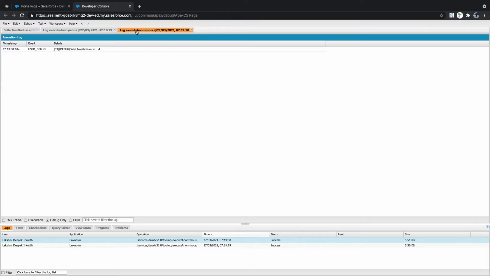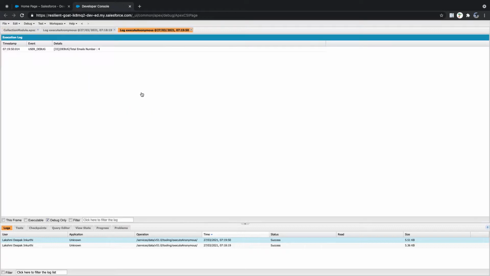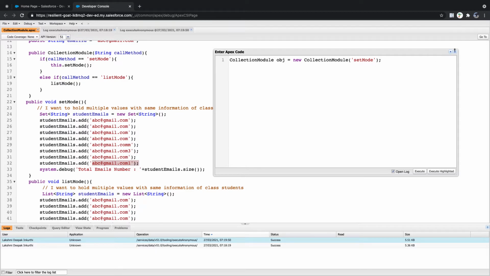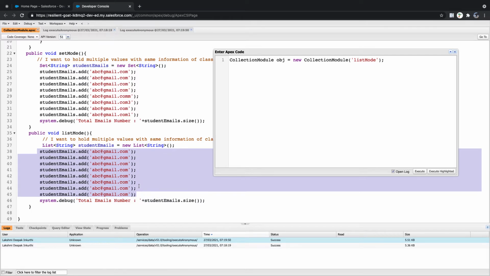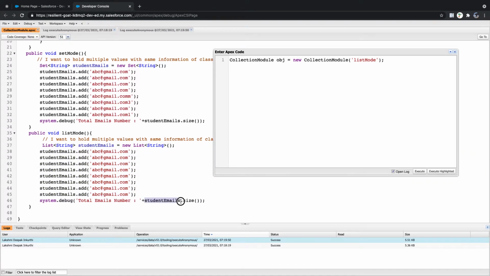Let me print out these details. Okay, Control E. So let's do it simply, and for the list, we'll check it out. What will be the list value? So what will be the outcome here? How many values do we have? 8 values again, isn't it? What will be the size?